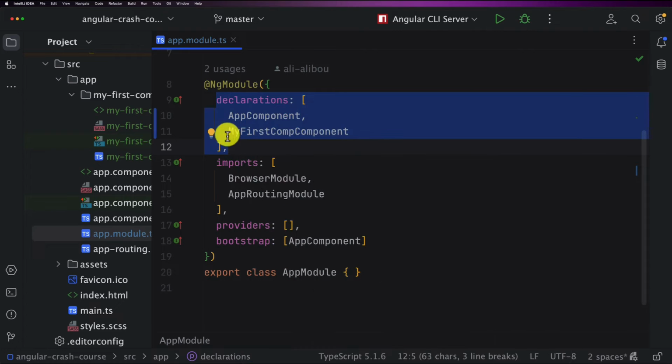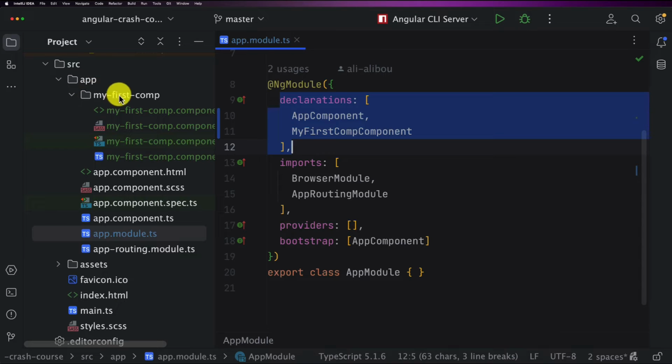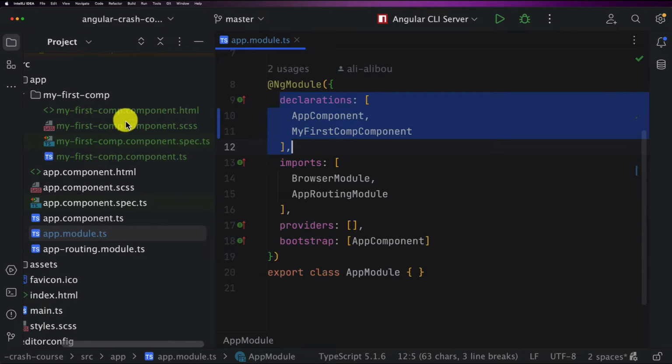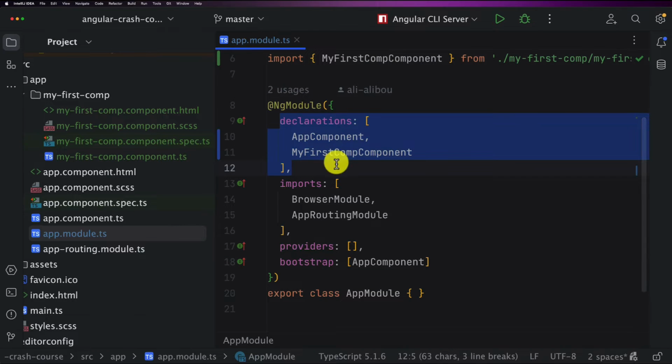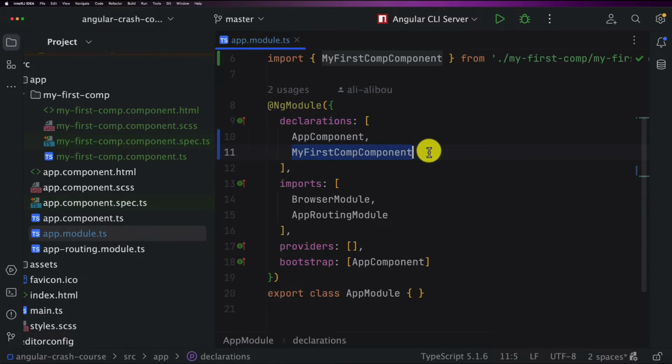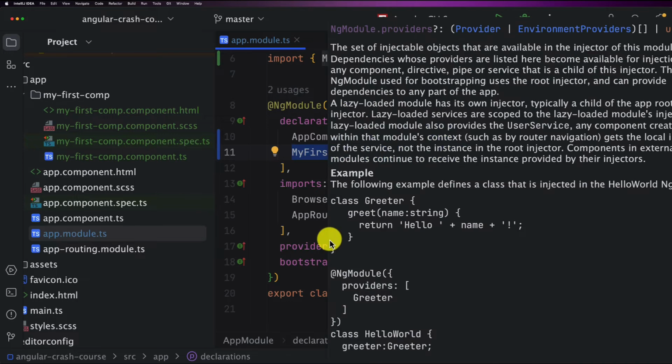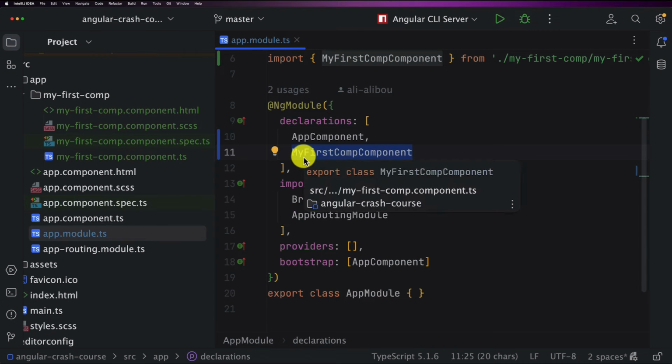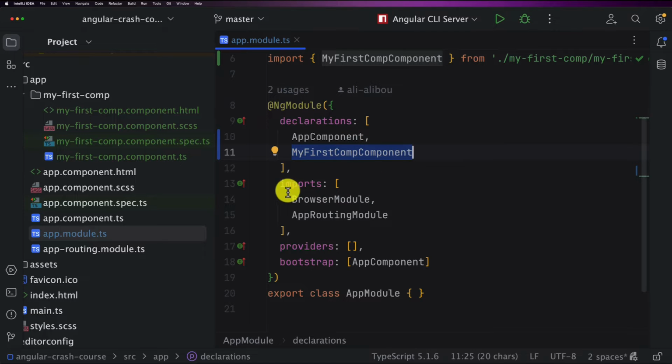Otherwise, if you don't do that automatically with the CLI, because you can just create your folder right here and create the different files that you want, once you do that, you need to come to this app.module.ts and be sure to declare your component in the declarations of your module. All right. So then let's take the chance and explore a little bit the app.module.ts,